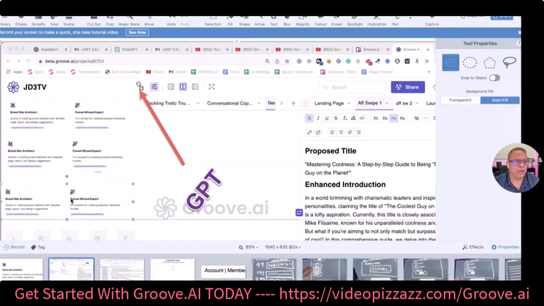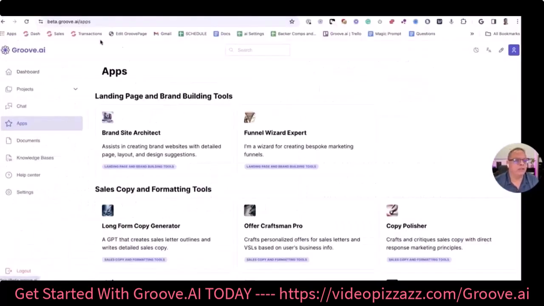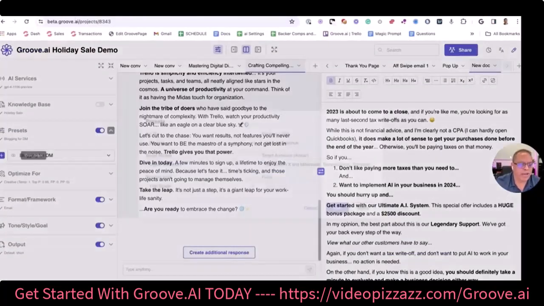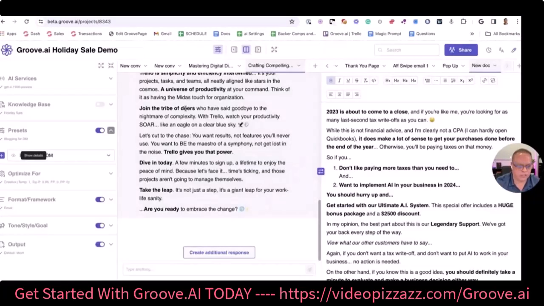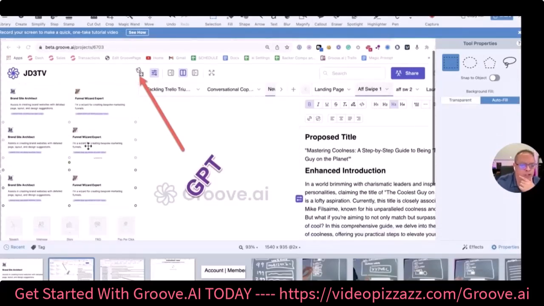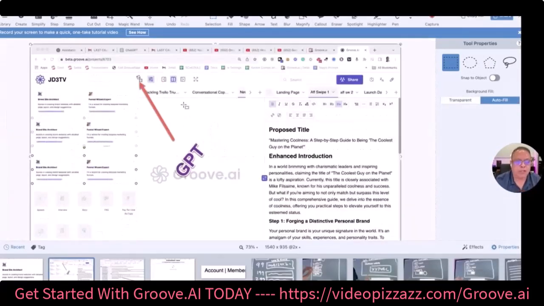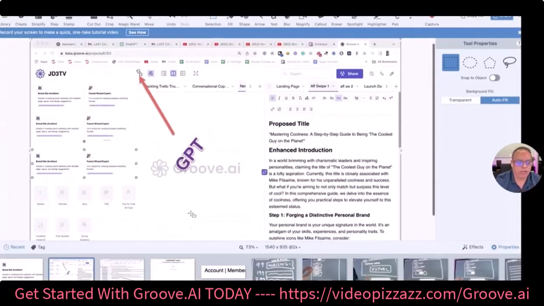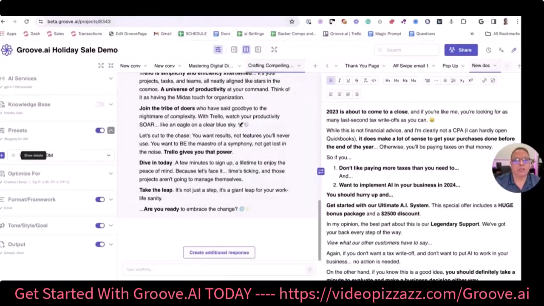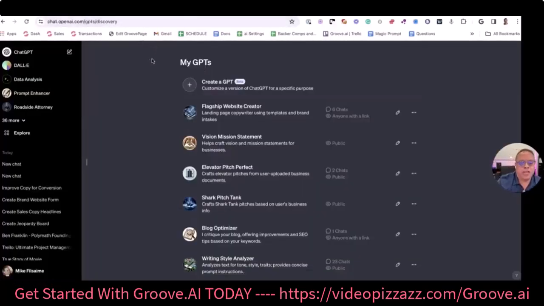So you're going to be able to use either these settings with the act like and all this type of stuff, which is the traditional way, or you're going to click on a little thing and then instantly the apps are going to show up here. And then once the apps show up, you'll have your chat over here where your output is going to come out and your document editor is going to be here. So very, very soon, what I'm showing you that's happening currently, that I've designed these to work with ChatGPT,